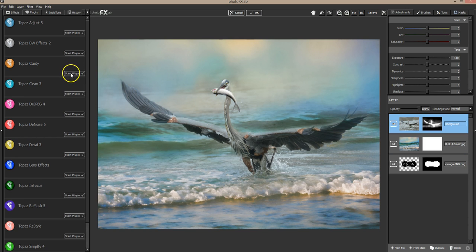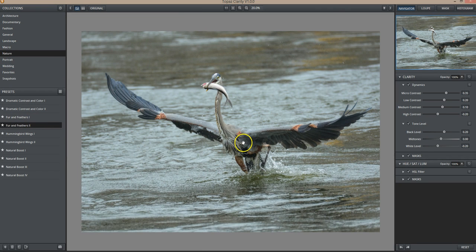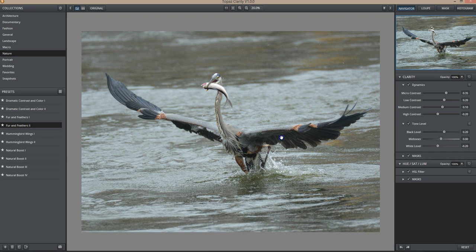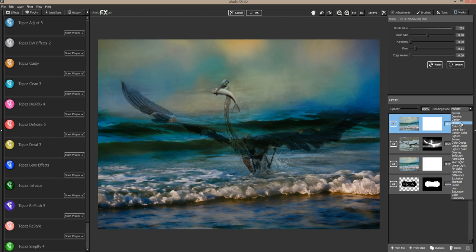I'm going to adjust his clarity a little bit before I start putting things on top of him to adjust colors. I want him to be pumped up in color a little bit. I use Fur and Feathers 1 and 2 all the time on these birds. See, this is before, this is after. It's really sharpened him up quite a bit. Just waiting on that to process. There we go. Now I'm going to put the at sea background, duplicate it, and put it on top at